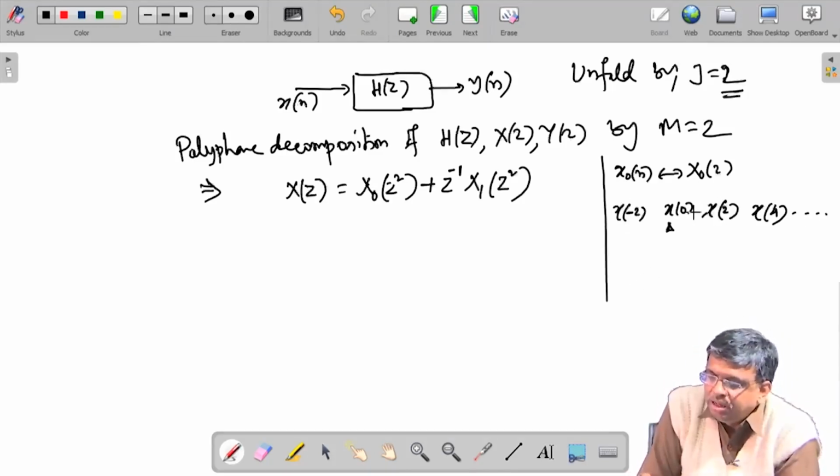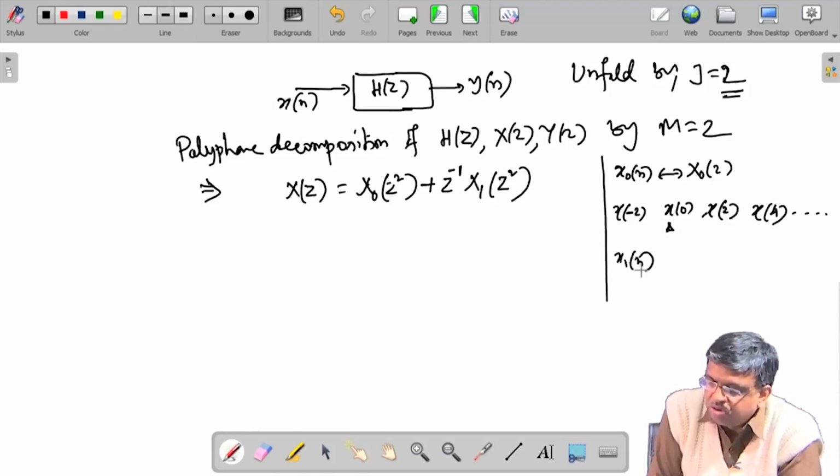Then we expand by 2, M equal to 2, that means between every pair of samples you insert M minus 1, that is 1 zero. So, 1 zero here, 1 zero here, 1 zero here. And similarly x1 n, the other polyphase component,